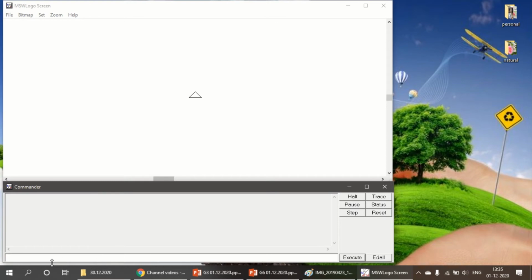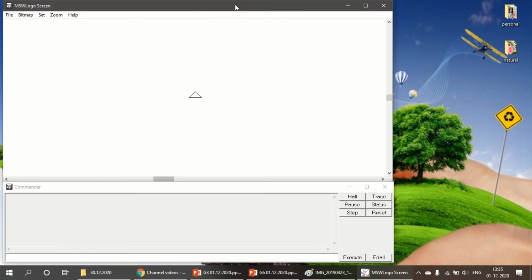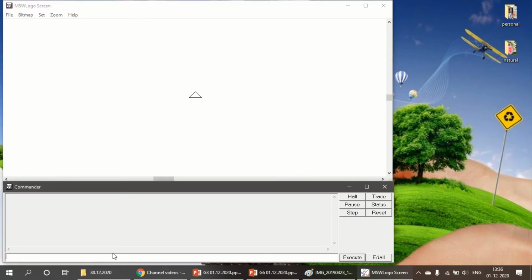This is the main screen with the turtle placed at the center, then the commander window and the input box. As I told you before, there are 2 ways to write a procedure, using the input box and the editor window. This is the input box where we will type the commands.